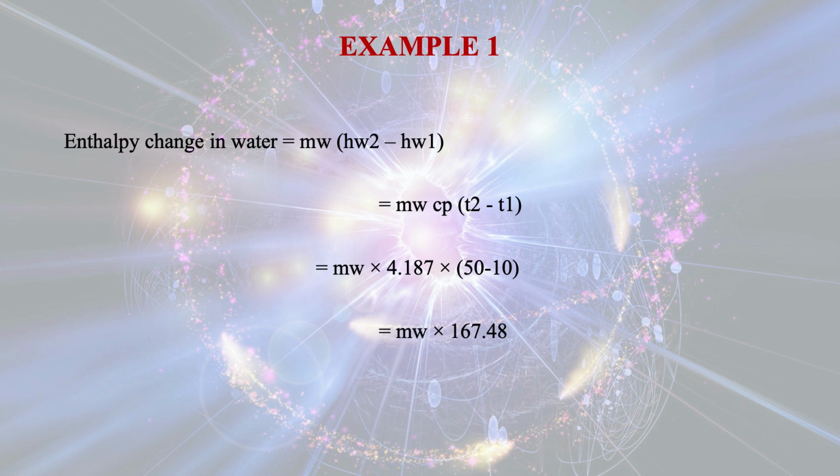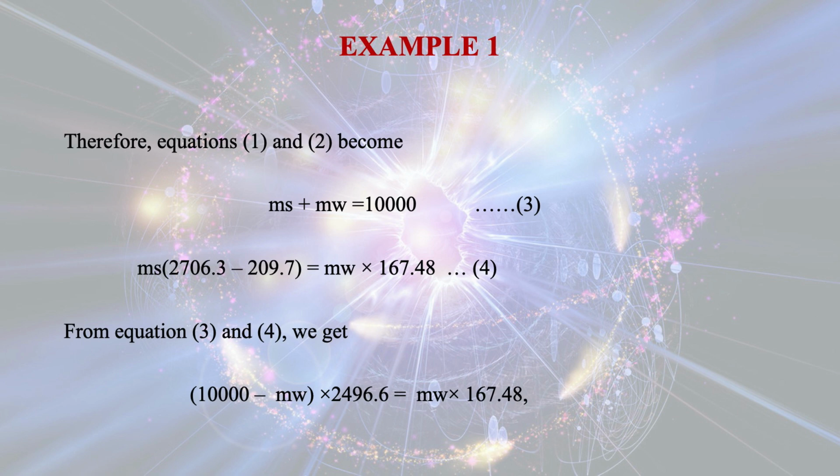Now change in enthalpy of water is mw within bracket Hw2 minus Hw1, and that comes out to be mw Cp into T2 minus T1. Cp is given as 4.187, T2 is given as 50 degrees centigrade and T1 is given as 10 degrees centigrade. So this will be 167.48 multiplied by mw. Therefore, equations 1 and 2 become